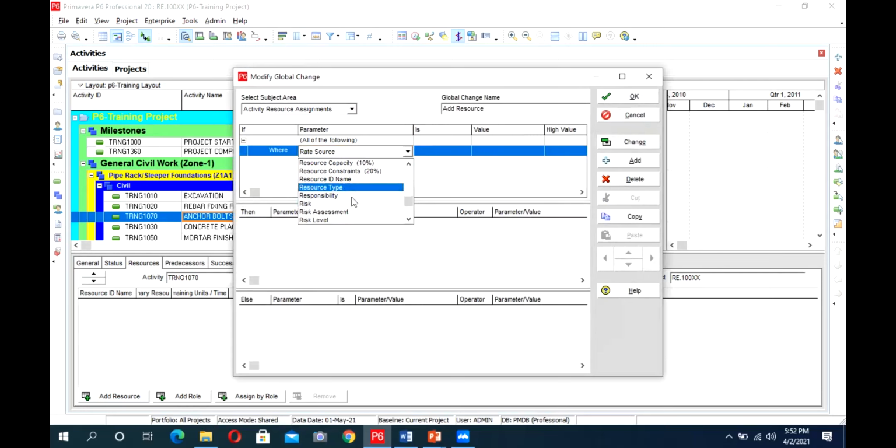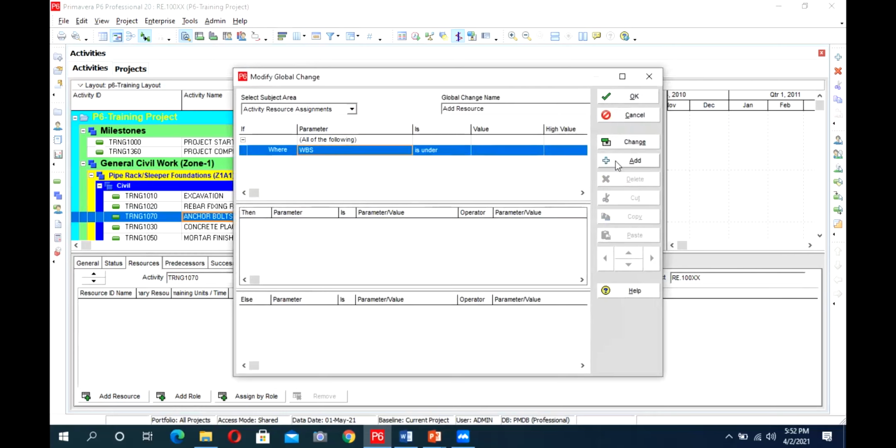Actually, in it, we have the option to change the resources, but not the option to add new resources. So we have to add it again from that window.